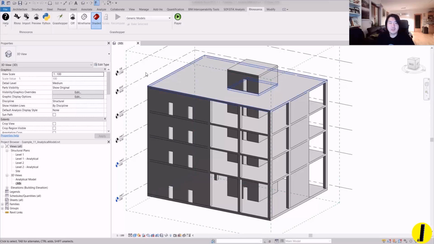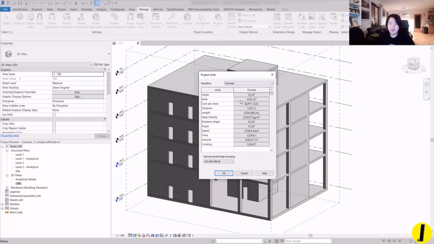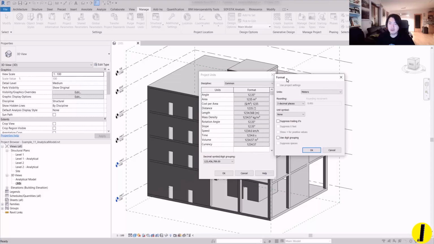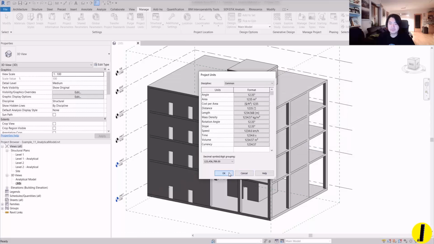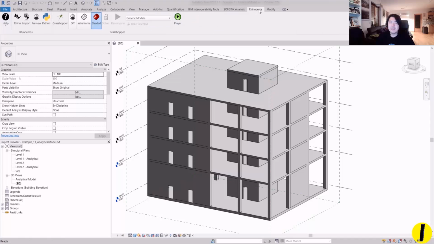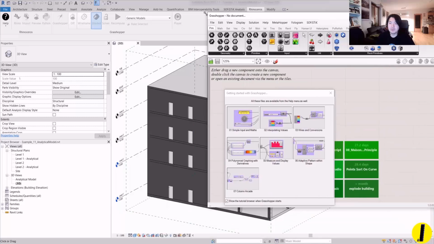Alright, it brought the new interface under Rhino's, and before using it, you have to make sure your project unit in Revit is what you desire. For me, I would like to use meters for the structural calculation, especially with Rhino Inside, so I set it to meter unit. And now if I go and open Grasshopper, this Grasshopper is popping up inside of Revit,